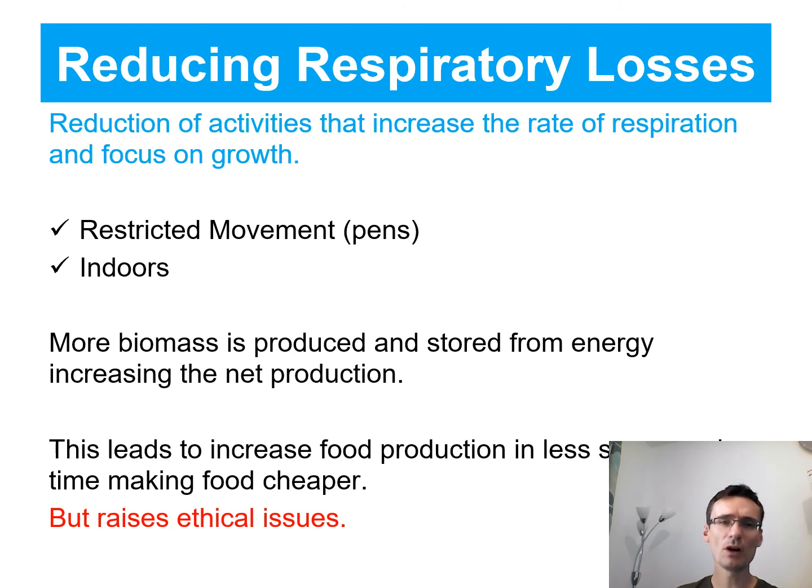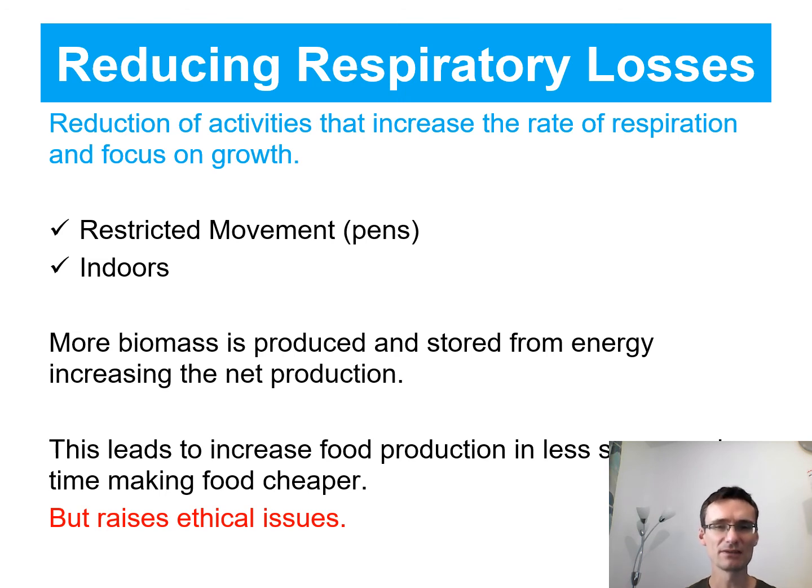That means more biomass is produced from the stored energy, and you increase your net production. It has other advantages as well for us as a growing population. It produces more food in a smaller area, so you lose less land. It is cheaper, and it also grows quicker because you're intensifying the growth period of that crop or that animal